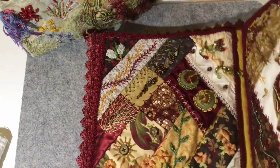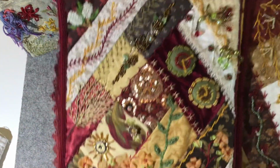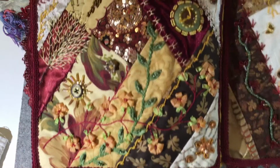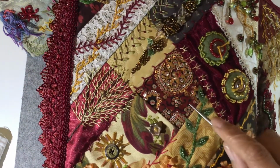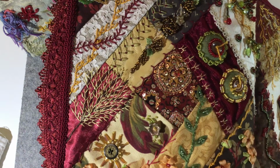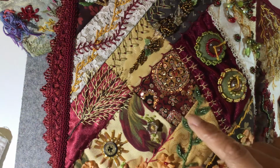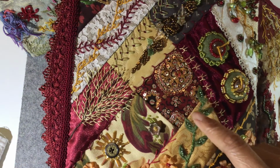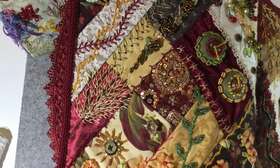So the next page, I don't really know what to call this page, so I'll just call it my sari page because it has a bit of sari fabric right here. This was gifted to me by Janine. Hi, Janine. It's a vintage piece, and I think I've used this on other projects too,